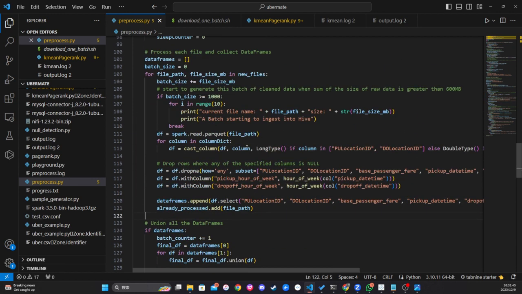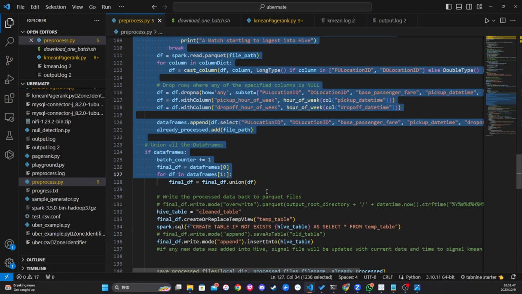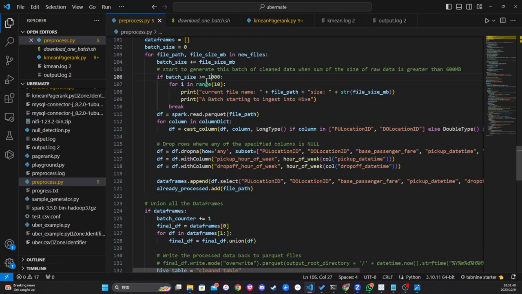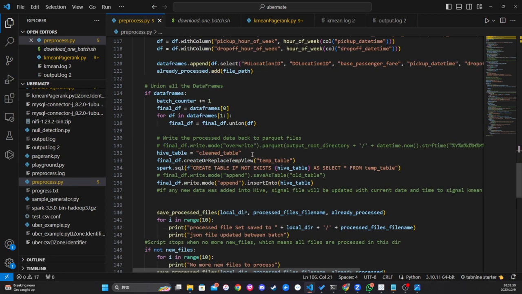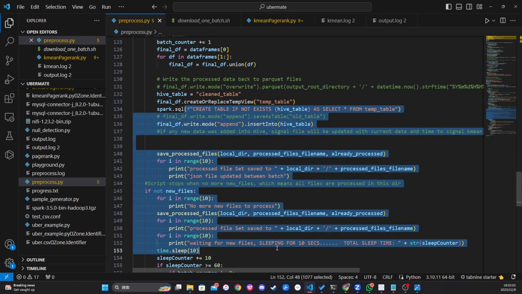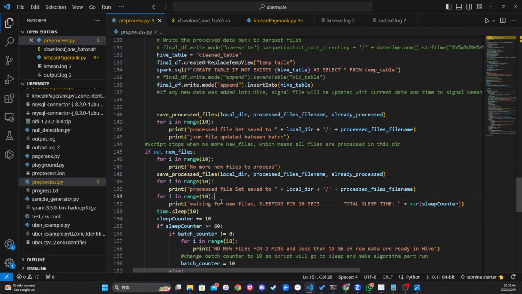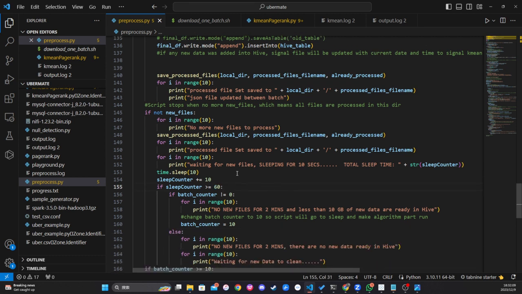And every 10 batches, or if you have only 1 or 2 batches of raw data cleaned and ingested into Hive, the script will wait for new data, which we set to 1 minute. So the script will wait for new data to come in for a minute, and if nothing is coming in,